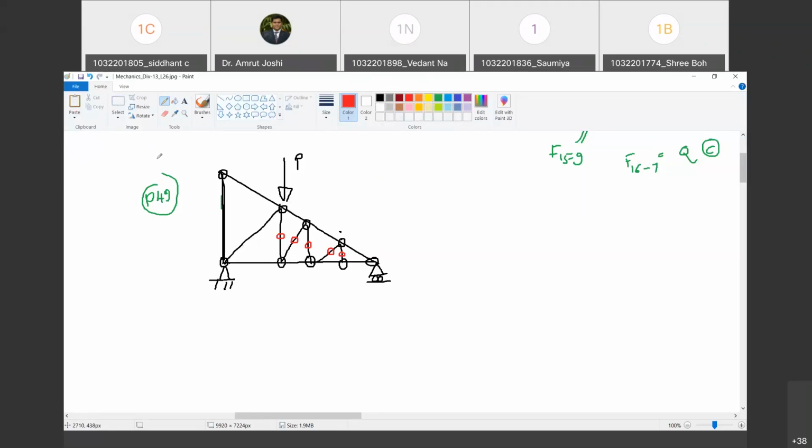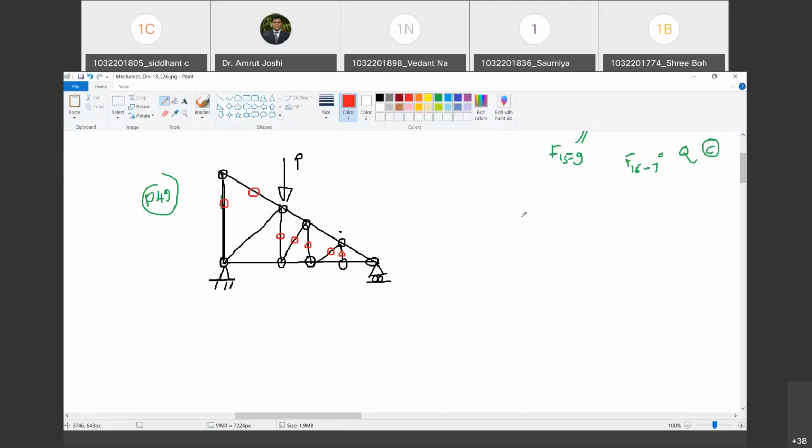But now at this joint the same thing cannot be applied. Why? Because there are 4 forces meeting and we cannot apply any of the rules. Are you with me? But what happens? There is no force at this joint, and so there are only 2 members meeting which are non-collinear. Force in this member must be 0. Force in this member must be 0. Happy? Are you with me?